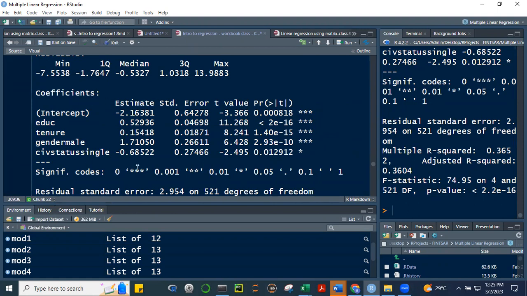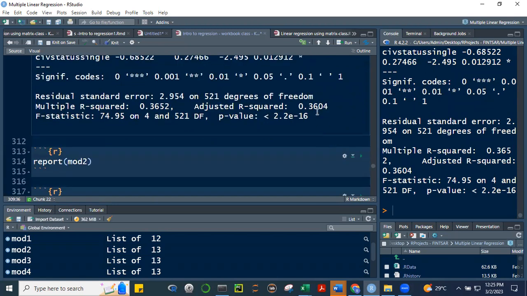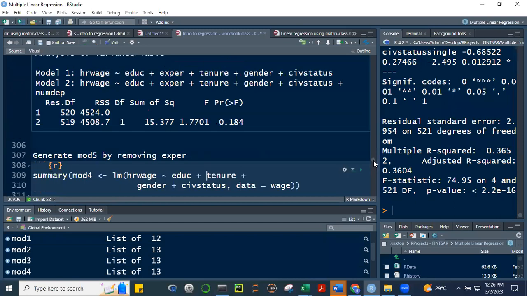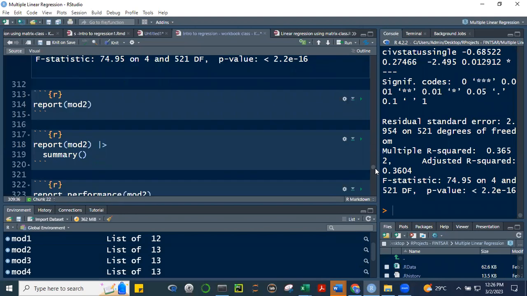All our variables are now significant. And our adjusted R squared is lower. 36.32 kanina, 36.21 yata. Ito, 36.04. So does that mean that kahit mas mababa yung adjusted R squared dito, mas lesser yung capability niya to explain? Mas okay ba si model number 4, which has an adjusted R squared of 36.21%? Check ulit natin. Mag-ANOVA ulit tayo.